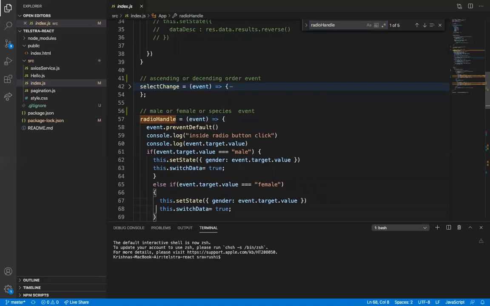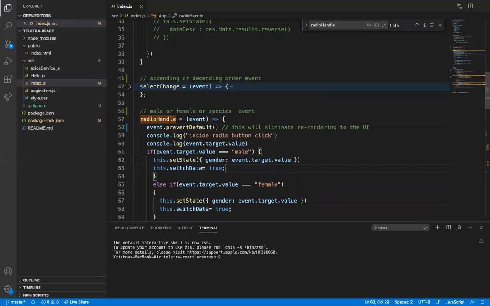This will eliminate the re-rendering to the UI.